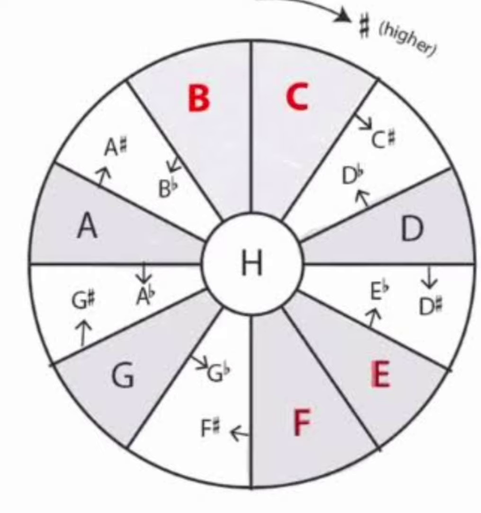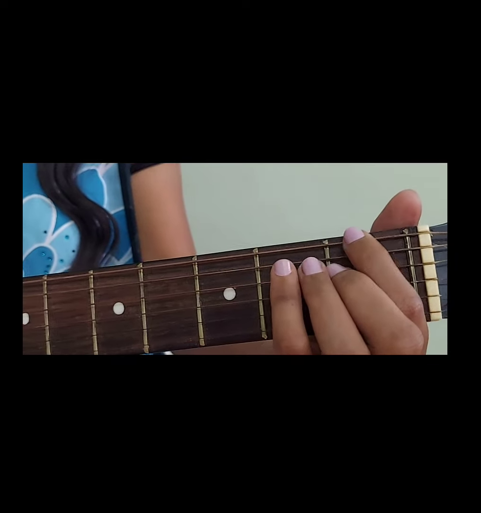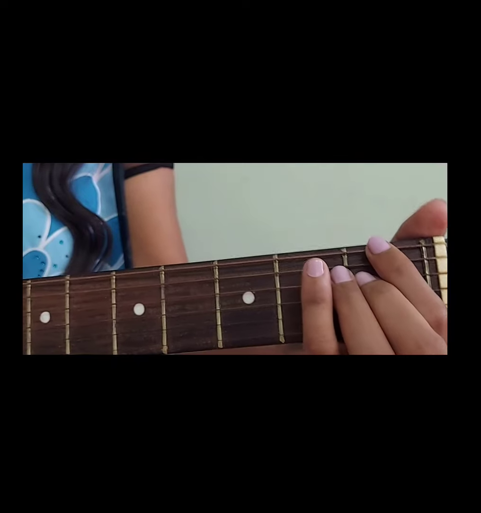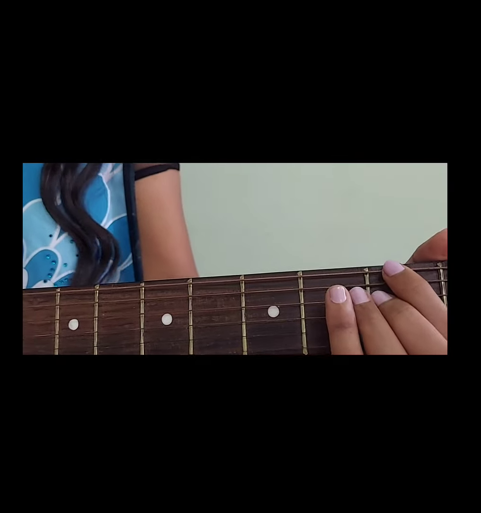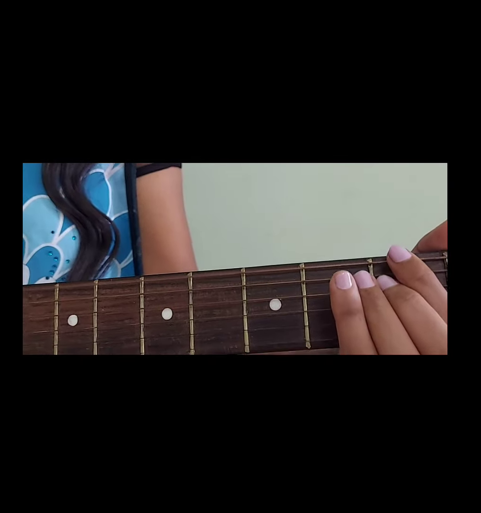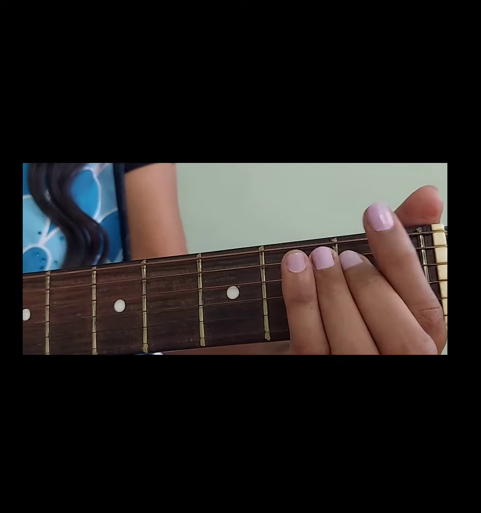These 12 steps in Western music divide the musical palette in a way that allows us to create melodies and chords. I hope you all understand what a half step is and how it corresponds to each of the frets. Here I am going to start from E, which is the open string. Next I am going to move to F